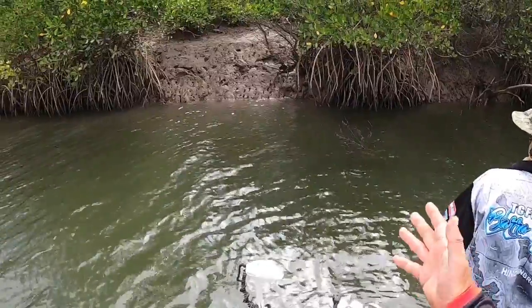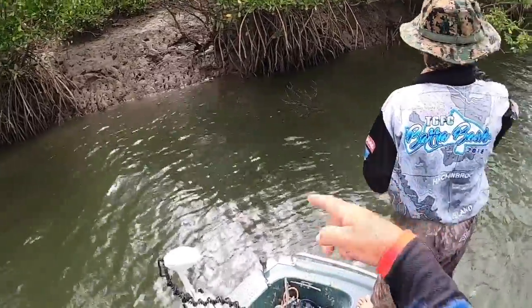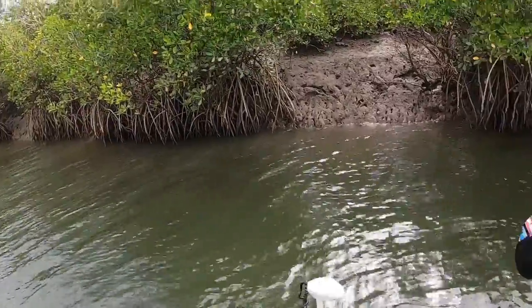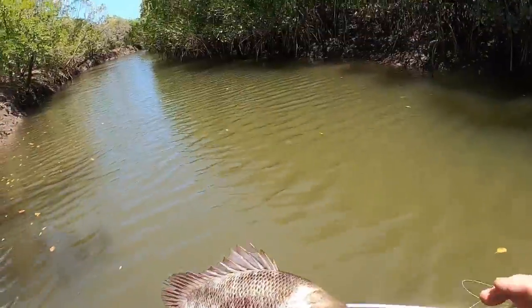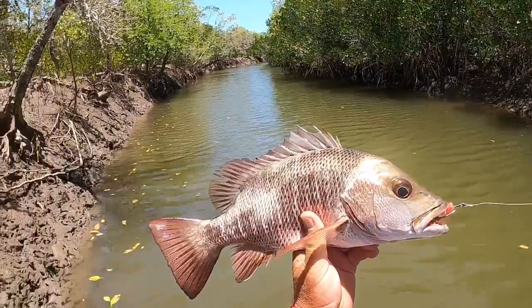So we've got a snag here that we know has got several fish on it, so if I hit the electric now, the vibrations are going to kick back through to that snag and shut everything down. So we'll drift off a little bit, and we'll try and be a little bit smarter about the way we approach it without spooking them. I'll turn the GoPro off as he hit it, so...